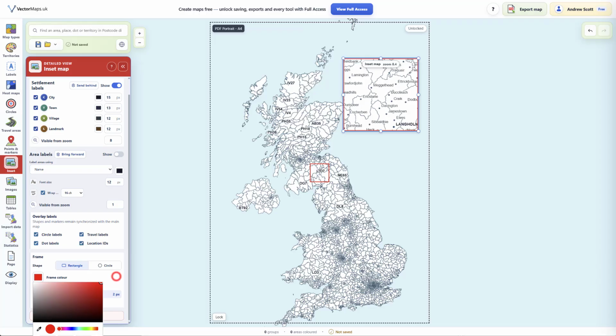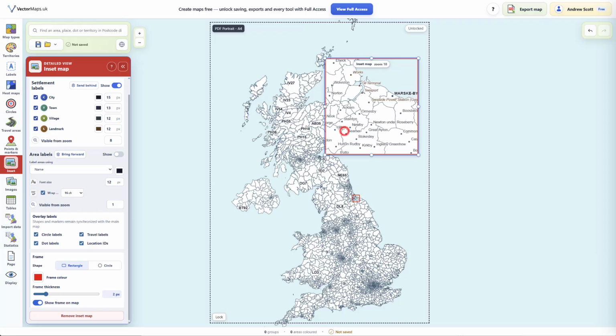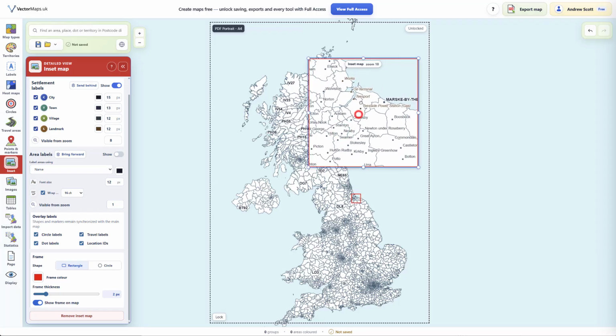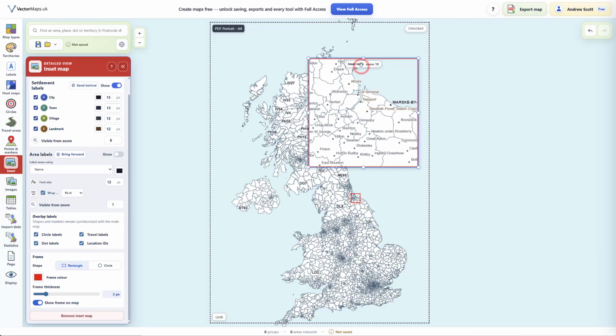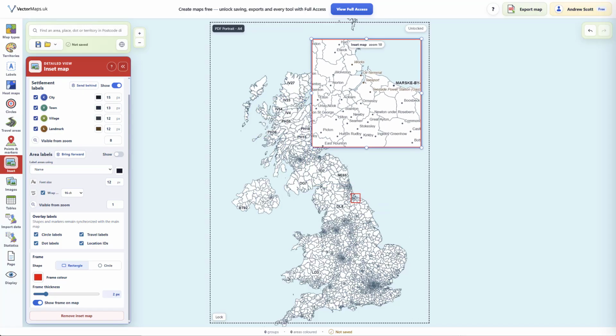Now we can move this map around, and that will move the location of the map here where we're actually zooming into. So pick somewhere around here, zoom in with the scroll wheel on the mouse. We can change the size of the box, move the actual map itself by clicking and dragging that, and we can change things about the inset map, such